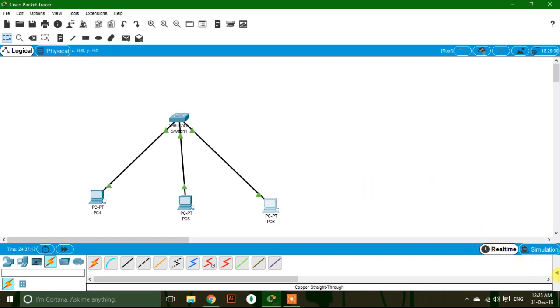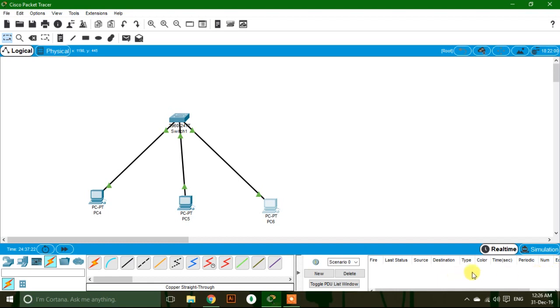Now on bottom right corner you will see an arrow. Click on the arrow. A window will be expanded. Here you can see real-time view or simulation view of message transfer. Now take a packet. Click on 2 PC from where to where you want to send the packet. The packet sent is successful. We can see it in real-time view.